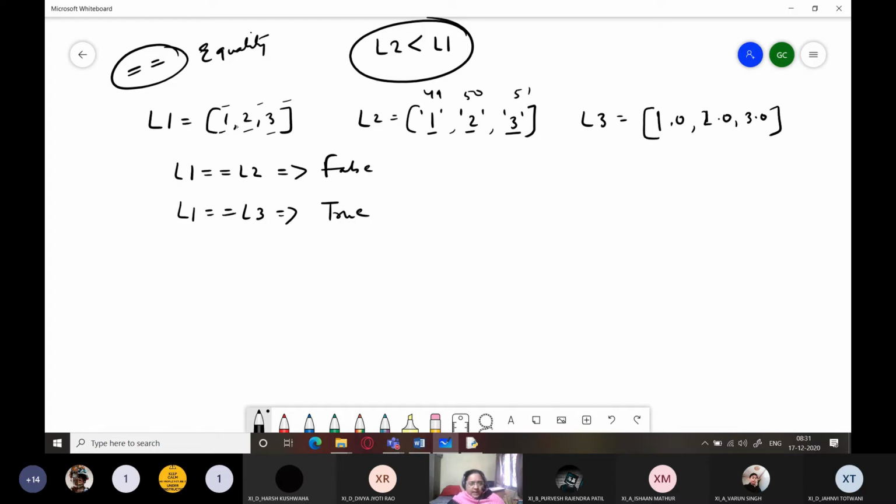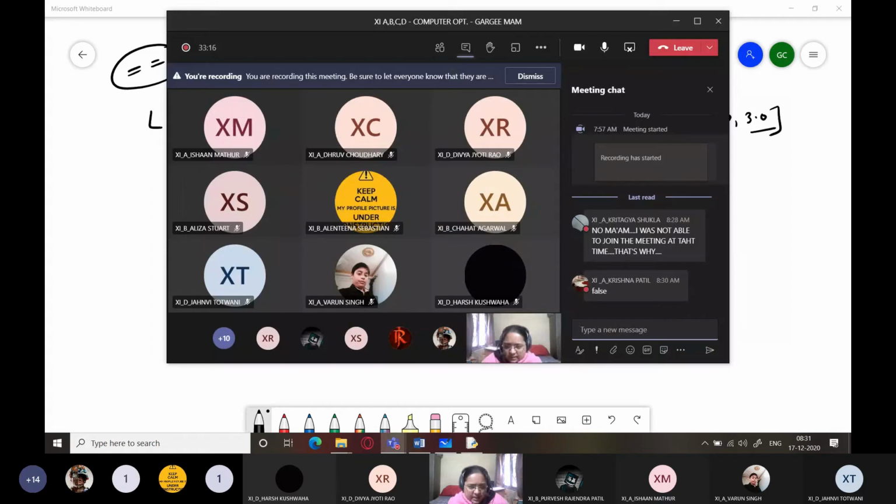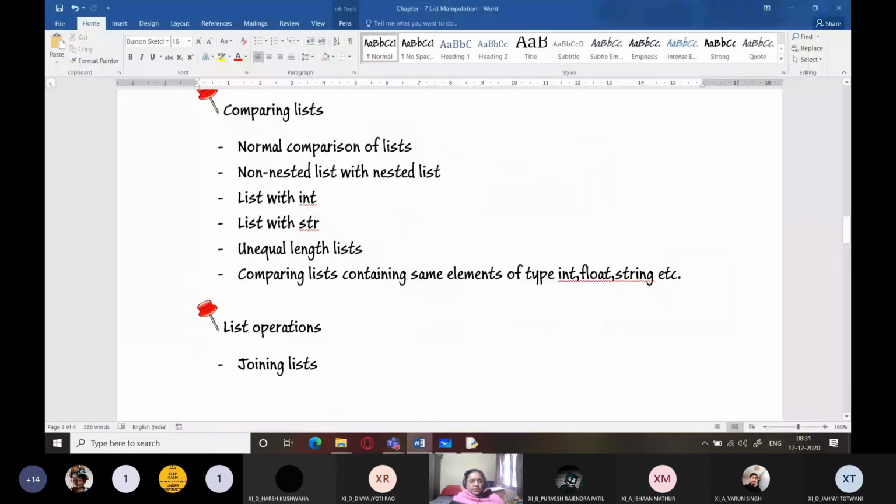Why? Because 1 is equal to 1.0, 2 is equal to 2.0, 3 is equal to 3.0, right? So students, a lot of combinations are there in this. I would want you to go to the chapter list manipulation and study, and please read list comparison.